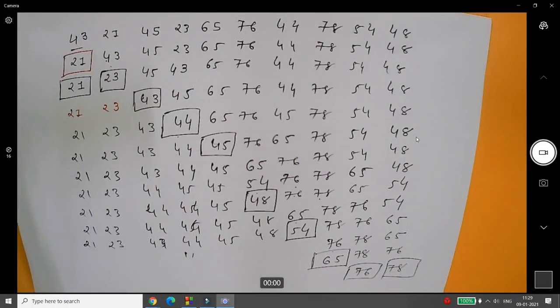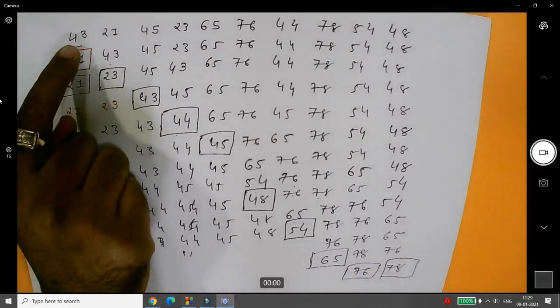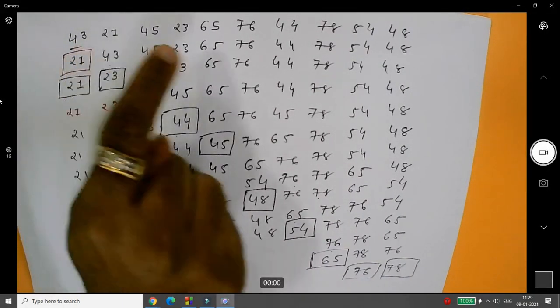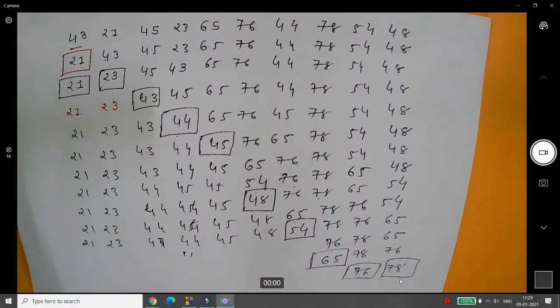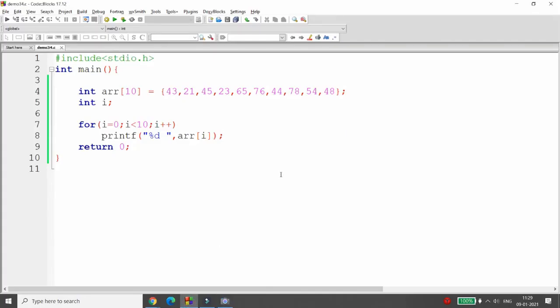How can I match all these things in programming? It is very simple. You just need to take your first number and then compare it with all the other numbers. So how can we take one number and compare it with another number? Very simple. Here you can just take a loop, that is for i equal to 0, i less than